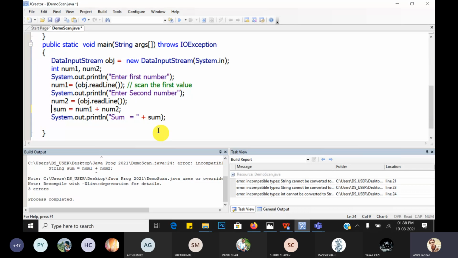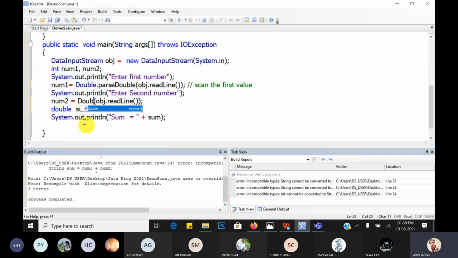For example, now if it is double, yes, it is possible. So what is the method name? Double dot parseDouble. Similarly, parseInt.